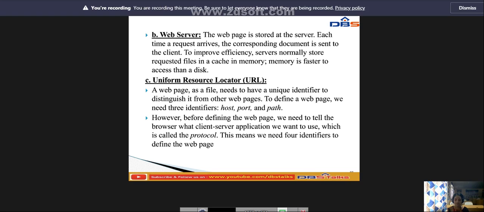Next, coming to the web server. The web page is stored at the server. Each time a request arrives,